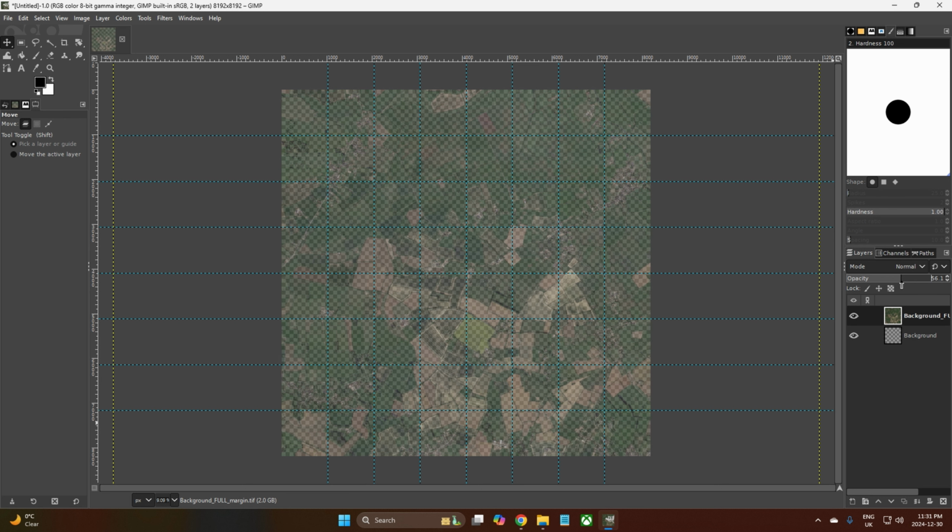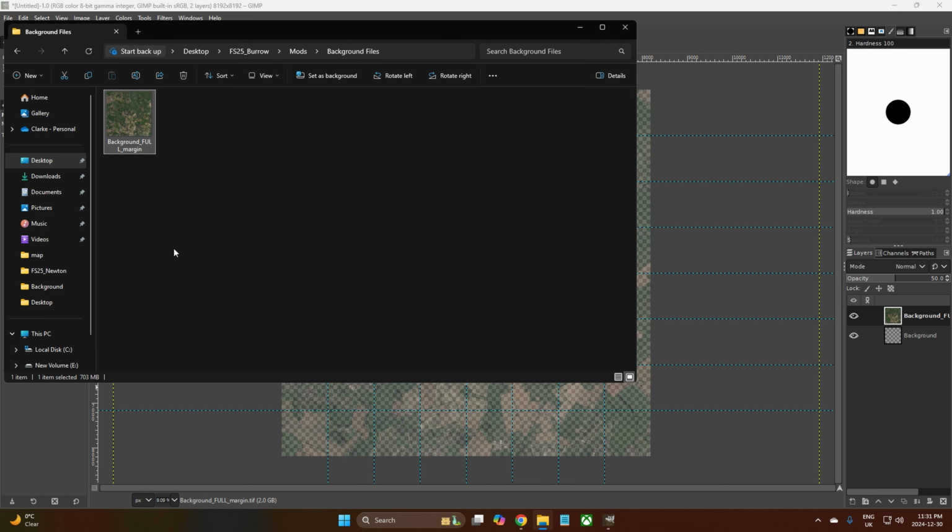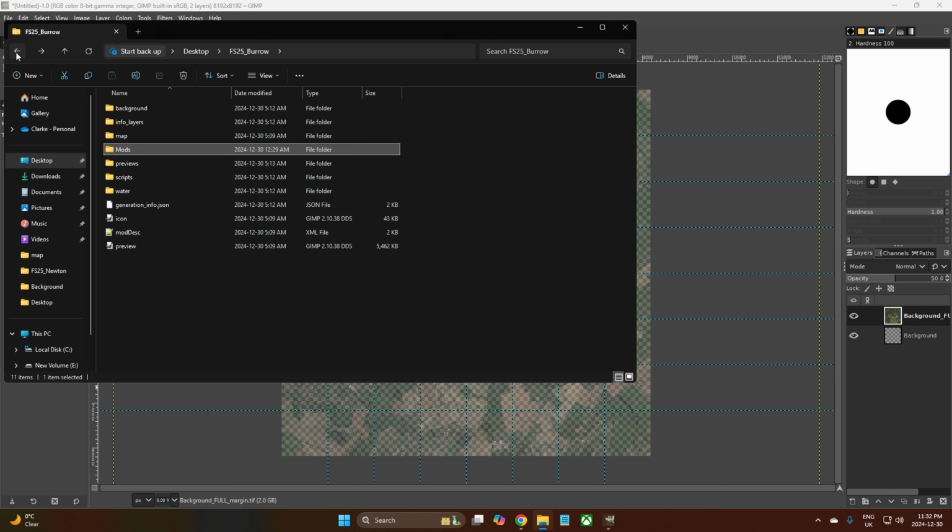Then we're going to make that transparent by 50% right now. We can change that later, but for now that's what we're going to have it at. Then the next thing that we want to do is come back into our folder, and go to map,